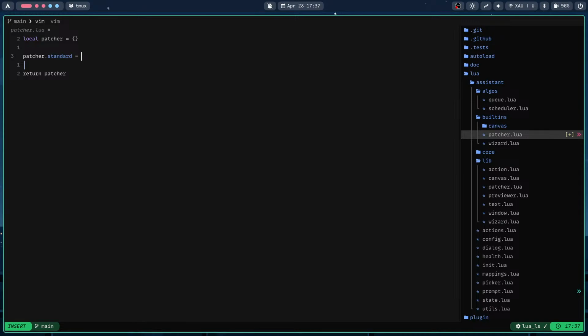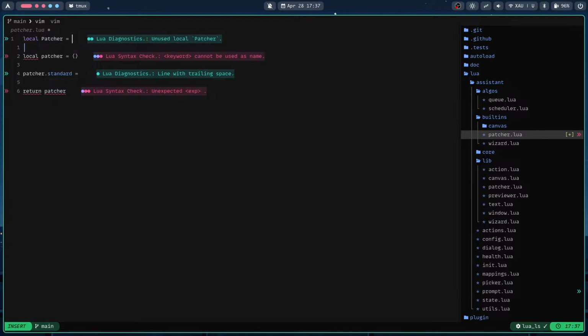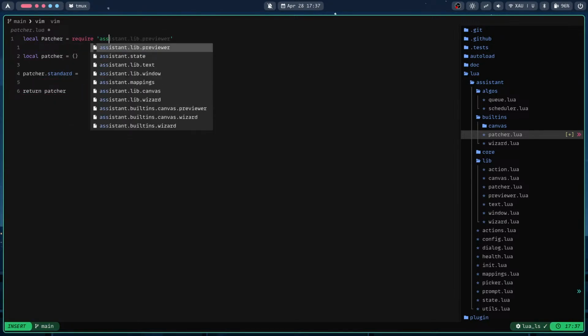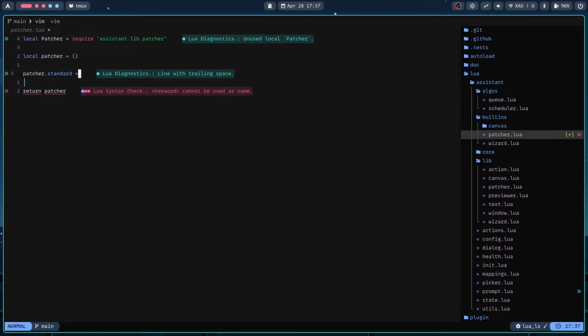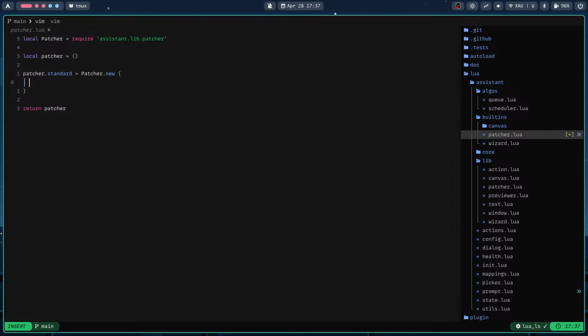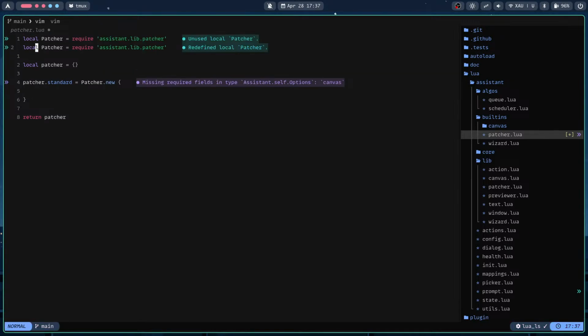Patcher is equal to require patcher.new, and in that patcher we will have a